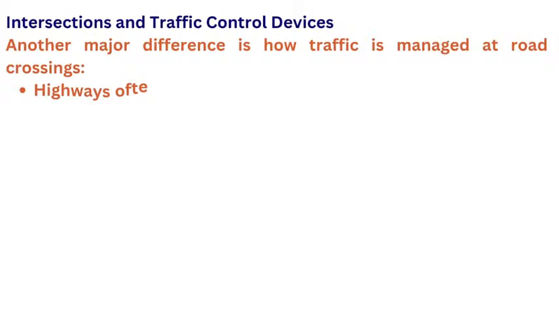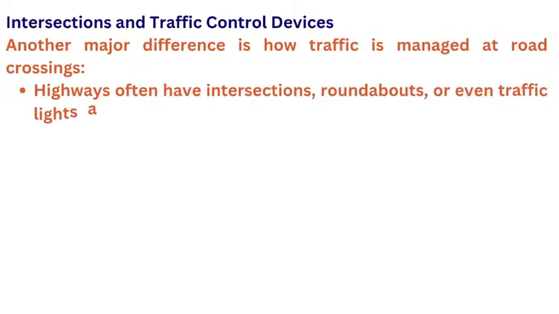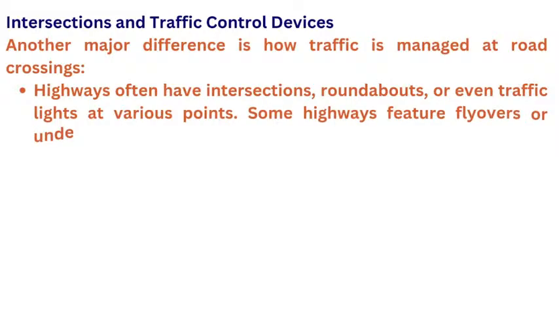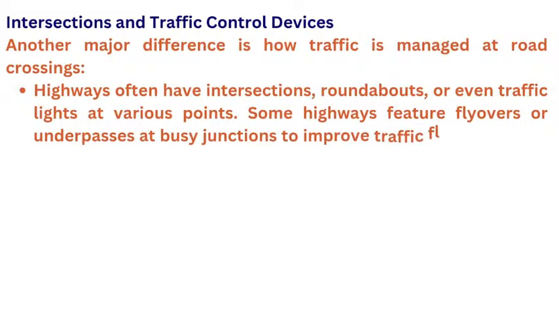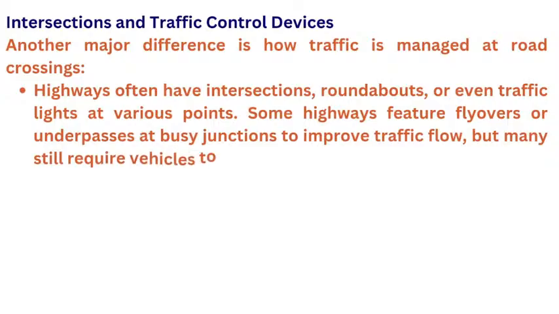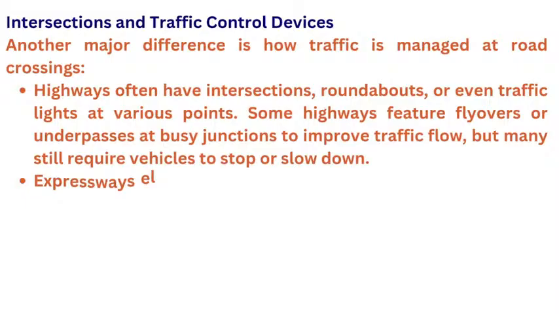Traffic control. Another major difference is how traffic is managed at road crossings. Highways often have intersections, roundabouts, or even traffic lights at various points. Some highways feature flyovers or underpass junctions to improve traffic flow, but many still require vehicles to stop or slow down. Expressways eliminate traditional intersections,